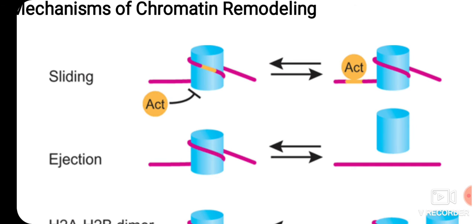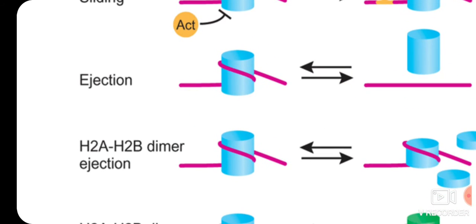The remodeling can involve sliding, just like a thread tied around a static structure: when you pull the thread, it rolls around the component and comes out. Like that, the DNA can slide around the nucleosome,